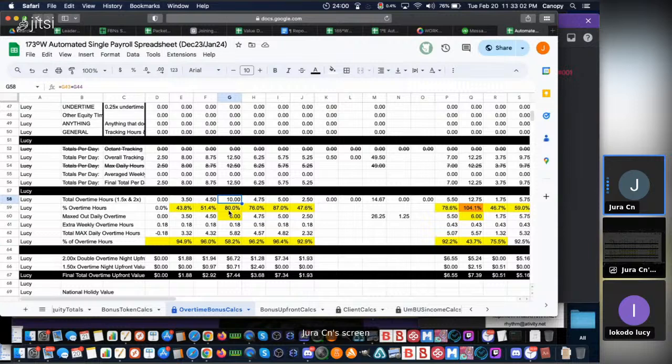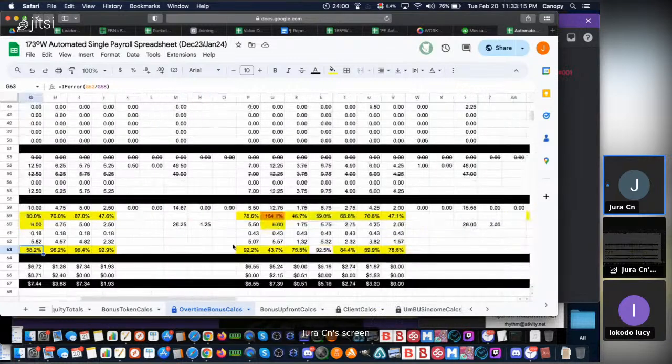Yeah, so eventually our policy will be that you will get upfront pay for all of your double overtime, but right now we don't have the money for that. So you only get single overtime, which is why you limit it to 58.2%. Okay, and then if we check out your other ones over here,